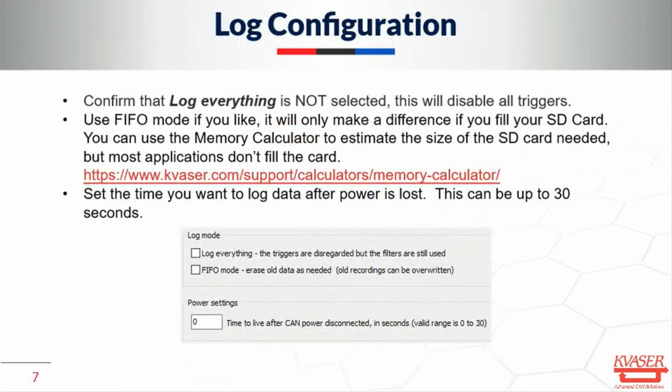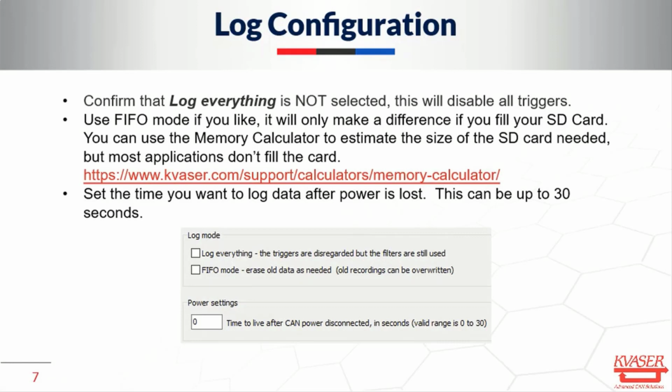Okay, so log configuration. Confirm that log everything is not selected unless you simply want to log everything like you would in a Memorator Lite, because this will disable all of the triggers at least. It won't disable the filters. It will disable all of the triggers and just log everything according to the filters that you have set up. You use FIFO mode here if you would like to